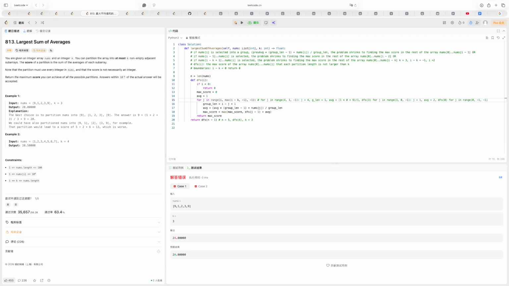And so group length will be 1, average will be 9, and yeah, you'll have DFS -1, so you'll have 0, 0 plus 9, 9 plus